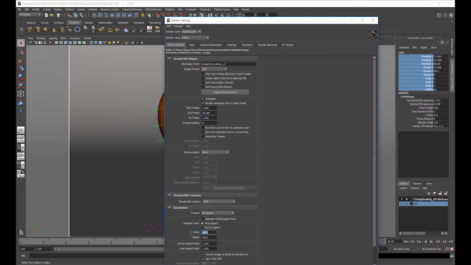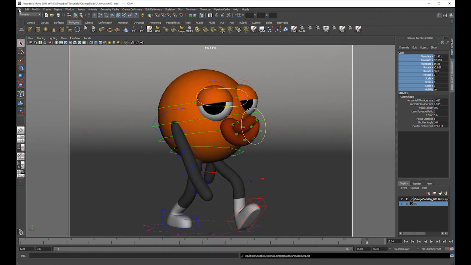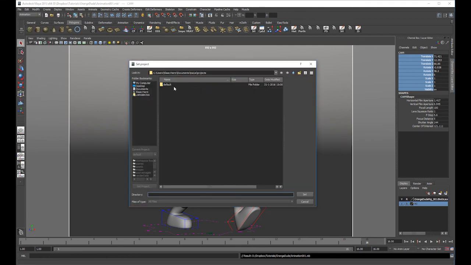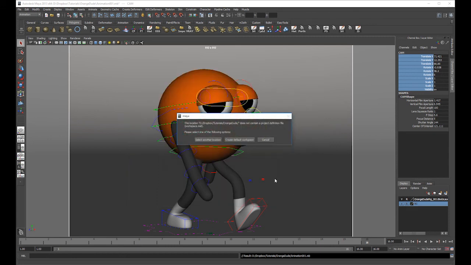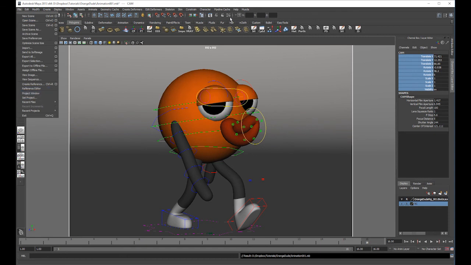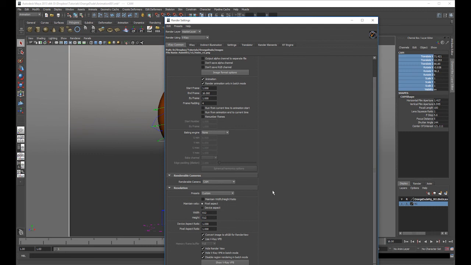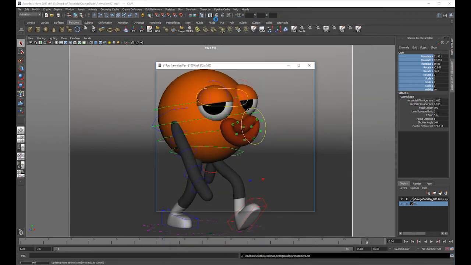We're gonna render 1 to 16, and we're gonna render 12 by 512. Great. And we're gonna save the scene again, and we're gonna set the project, because if we don't set the project, Maya doesn't know where to render the files to. We're gonna set it to orange dude, and now the images will be rendered out to a folder inside of that orange dude project folder,